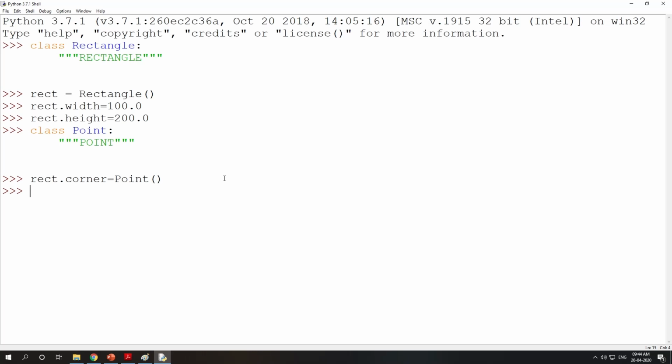Now this point should have x and y values. So rect.corner.x is equal to 0.0, we'll take the origin as the point. Then rect.corner.y is equal to 0.0. So we are taking the corner point as our origin. Then we have mentioned the width and height.